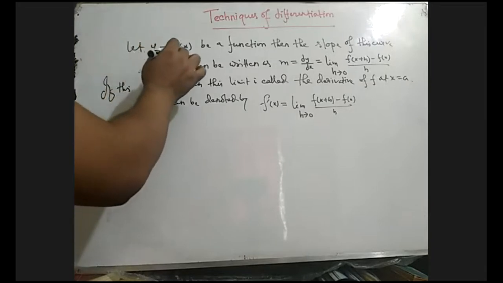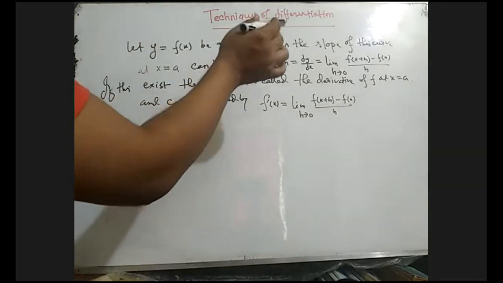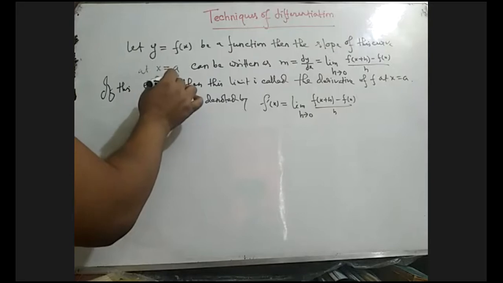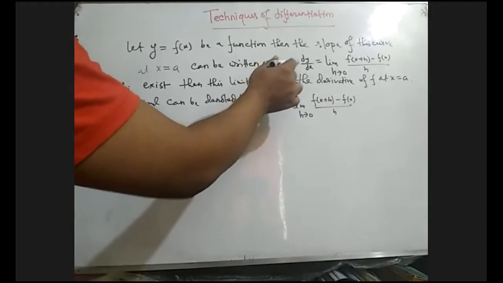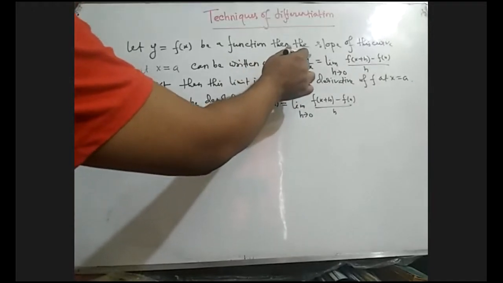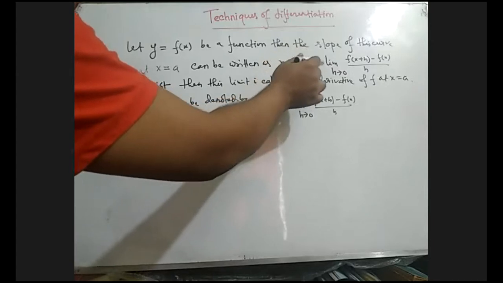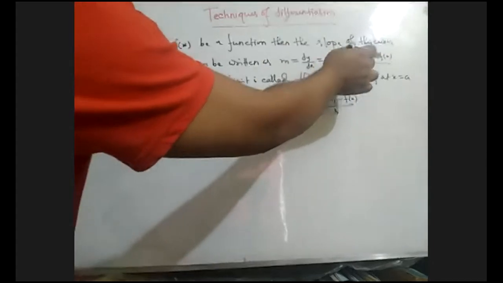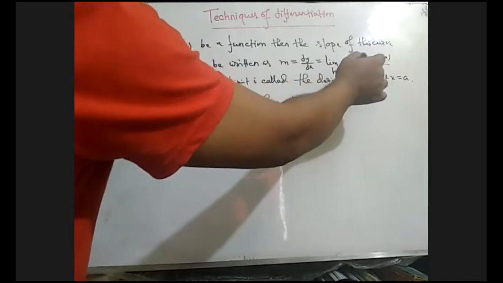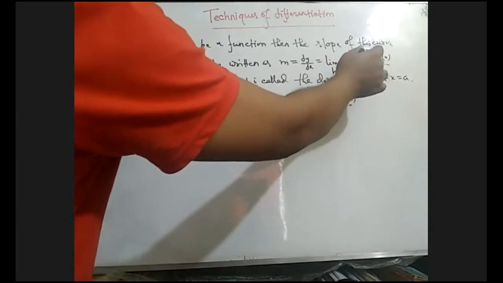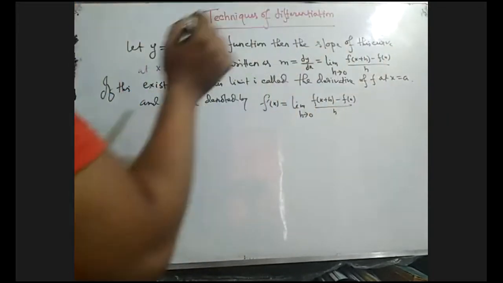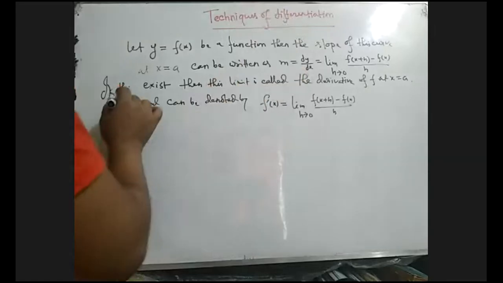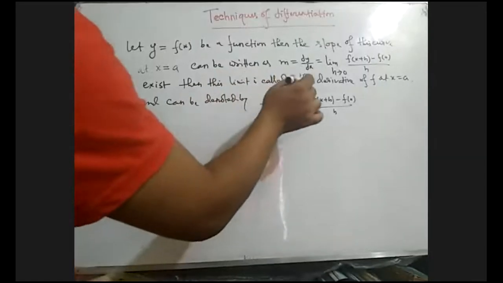Let y equals f of x be any function, then the slope of this curve at x equals a can be written as the slope, m. This m geometrically means tan theta, perpendicular by base, equals limit h tends to 0 of f of x plus h minus f of x, that means the difference between ordinates and the difference between abscissa. So this ratio, if this limit exists, then this limit is called the derivative of f